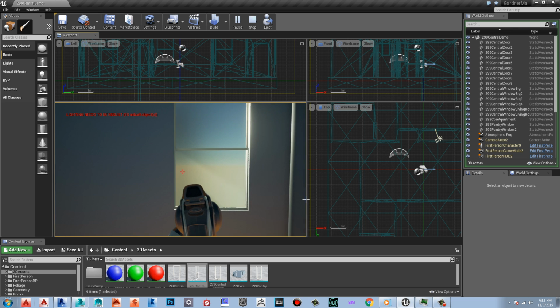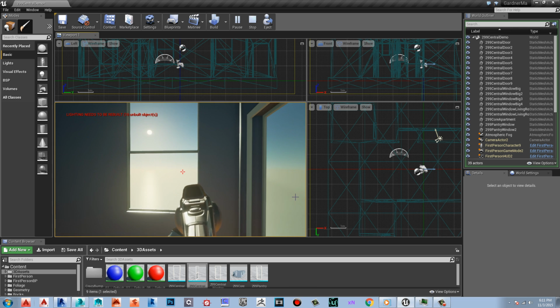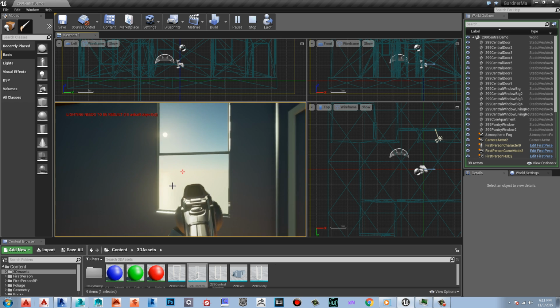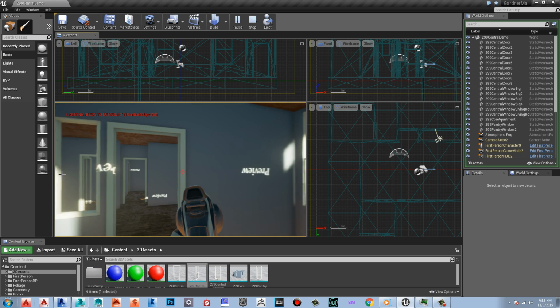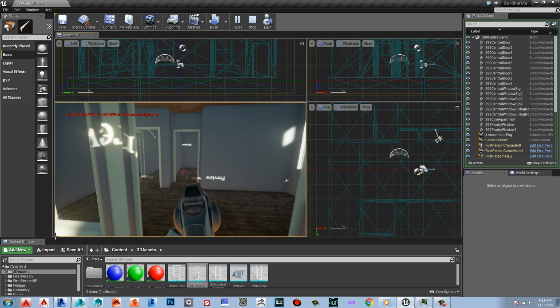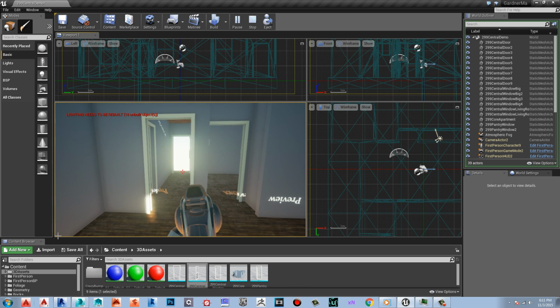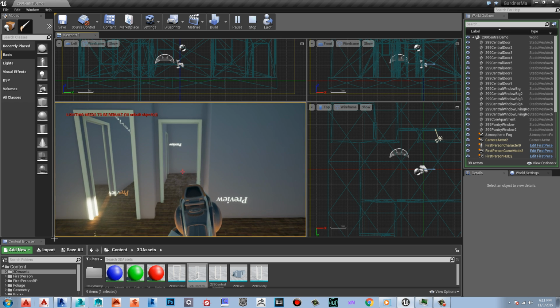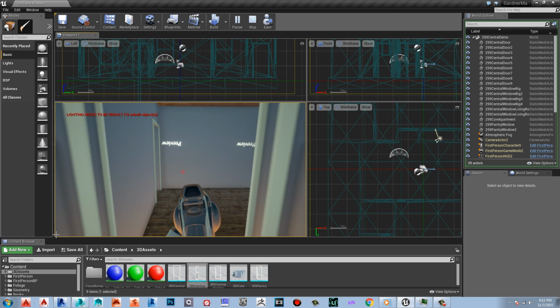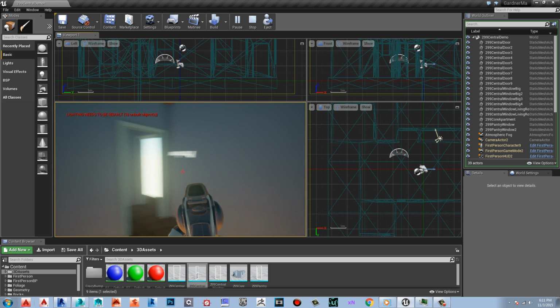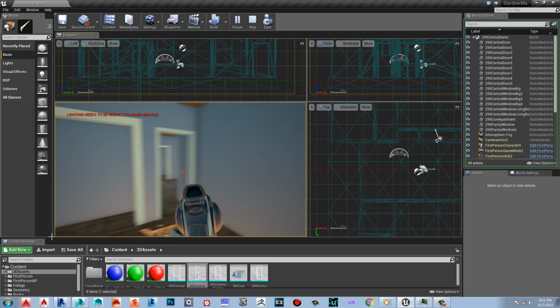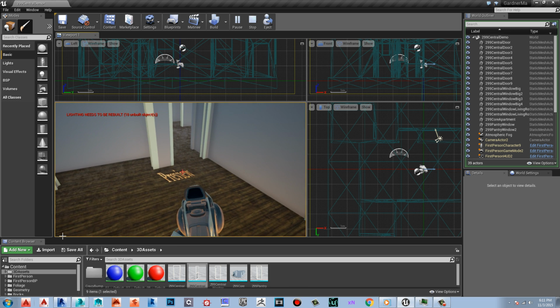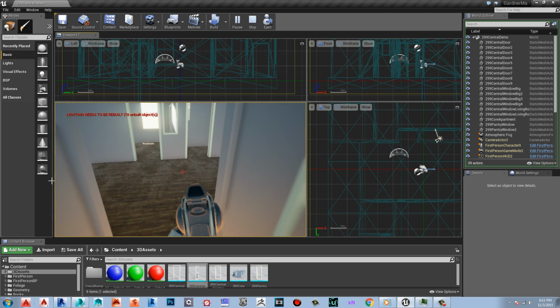You can see there's glass there, right? So the glass is kind of making it do this. It's got the sun glare as well. I didn't build the light in here, as you can see previews all over the place, but I just wanted to show you what it looks like. If you know anything about how to UV map and light map your models, you know it's going to work fine. So now I want to show you, see I'm walking, I set up a blueprint to make them